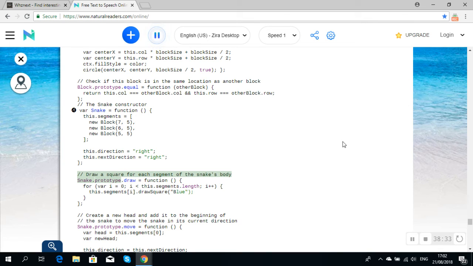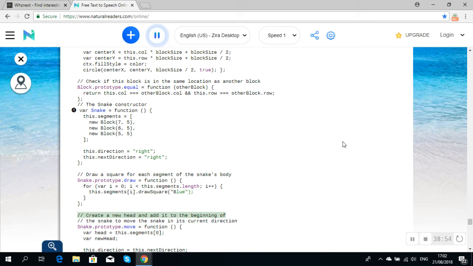Snake.prototype.draw = function () { for (var i = 0; i < this.segments.length; i++) { this.segments[i].drawSquare("Blue"); } };